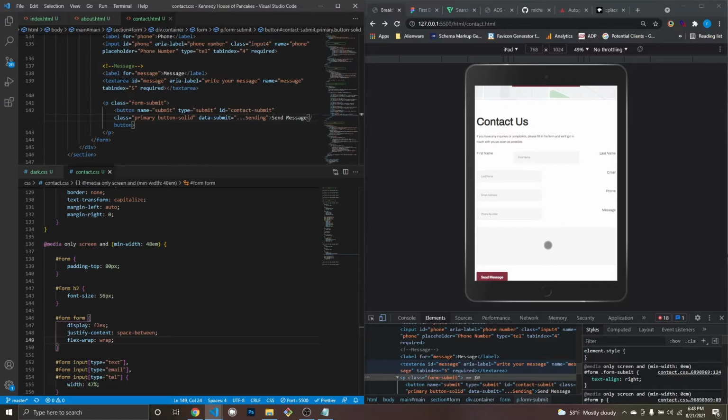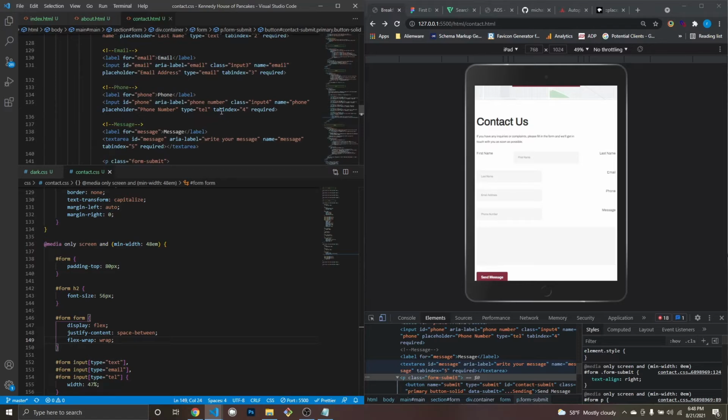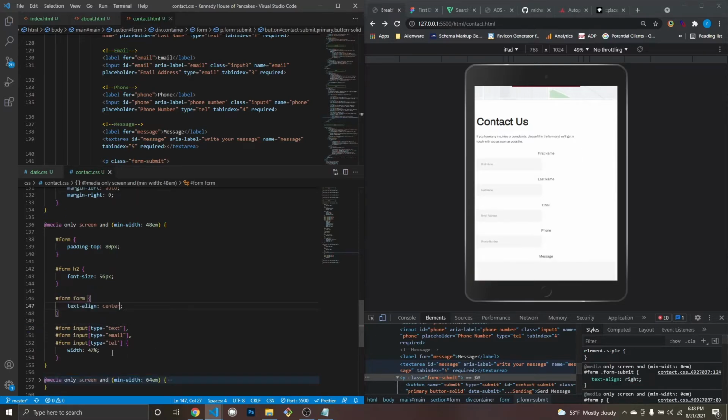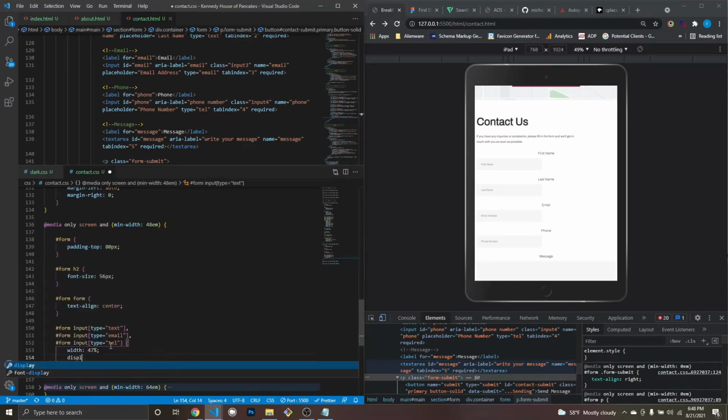But it looks like, gosh darn it, it's also targeting the labels. So that's not going to really work. I can't use flex. So I got to do it the old way. So text align center. And I'm going to have to make them all inline blocks. Display inline block. I think I need to do